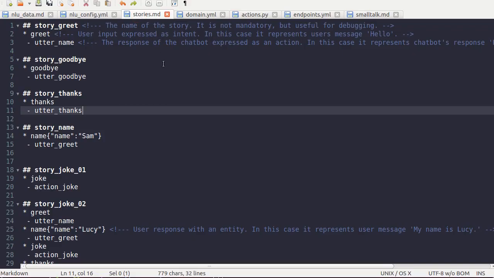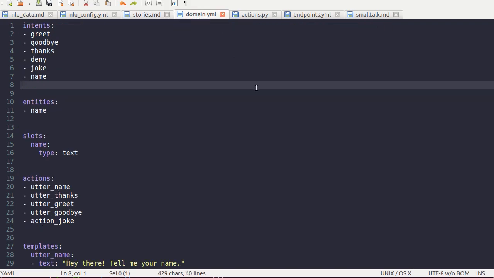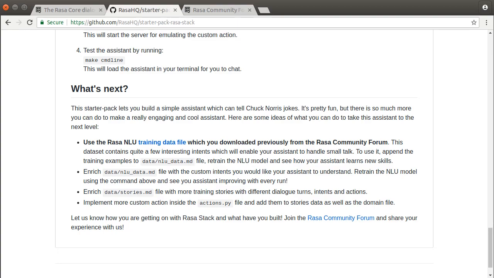After training the NLU model, enhance your Rasa Core model by writing new stories with different dialogue turns. Don't forget to update your domain file and create new actions by adding them to the actions.py file. And that's it. This is how you can use this Rasa Stack starter pack to build your first custom Rasa